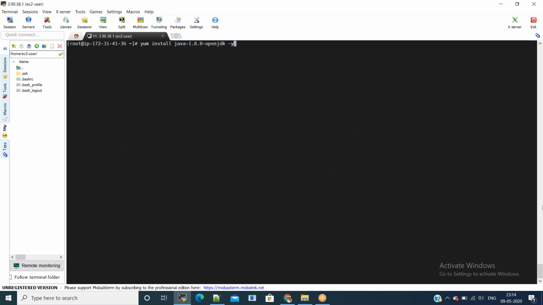You can just check java -version, or you can directly run Jenkins. Anything is fine. java -version, I have OpenJDK 8, and now I will start Jenkins. Service jenkins start. Now Jenkins is started. We will check the status.